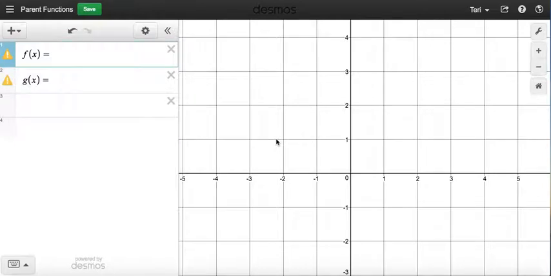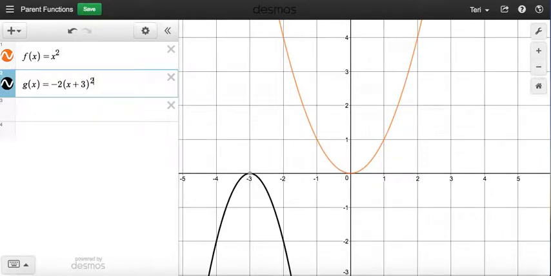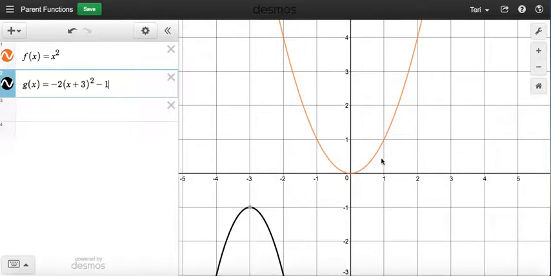Hi, this is a quick video to show you how to graph a parent function and a transformation of that parent function. I'm going to let f of x be the parent function y equals x squared, and we're going to graph the transformation on that: negative 2 times the quantity x plus 3 squared minus 1. And so in orange we see the parent function, the parabola with the vertex at the origin,